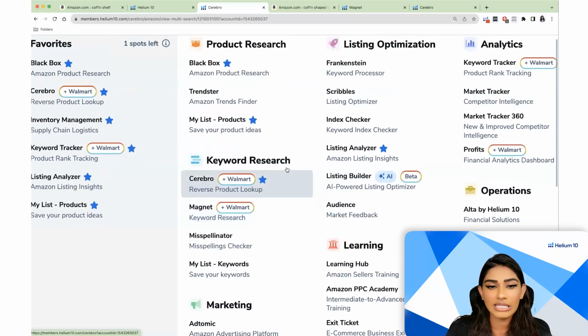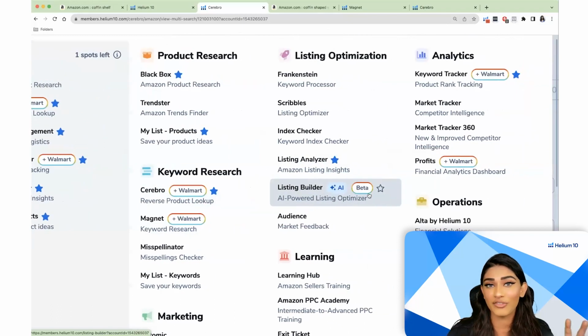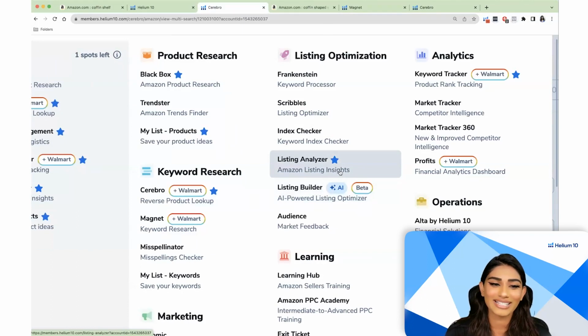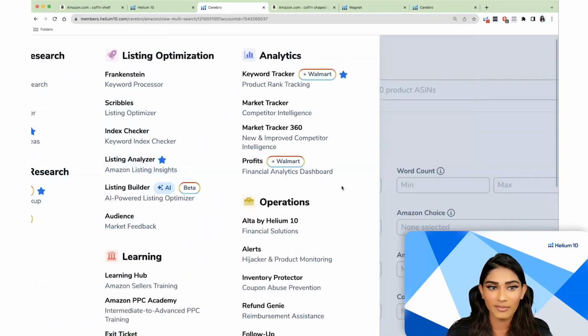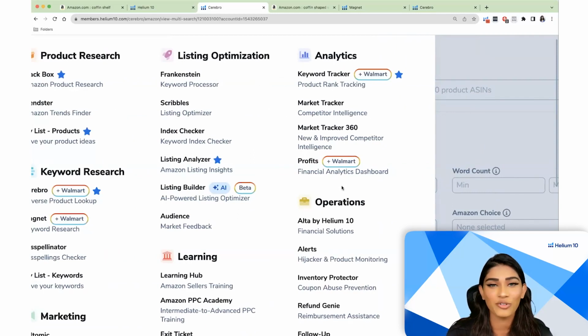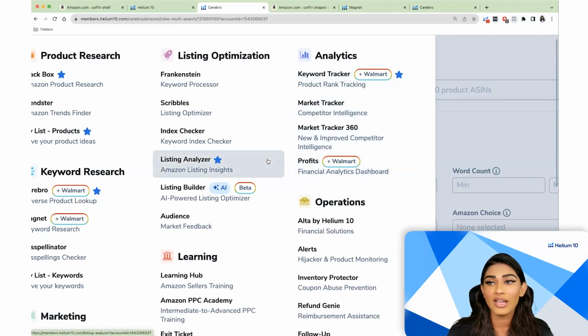You also have things for listing optimization, building out that listing after you've created your keyword lists from Cerebro and Magnet and wherever else you may have found your keywords. You can go in and actually build it, make sure that listing is a 10 out of 10 according to Amazon's best practices. And then, of course, tracking that information afterwards because you want to index and rank for those keywords, right? It's one thing just to build a great product, and it's another thing to drive traffic and actually convert. And so making sure that you are driving traffic to that listing is going to be Keyword Tracker, making sure you are on top of any new competitors flowing in and out of your market is going to be Market Tracker.